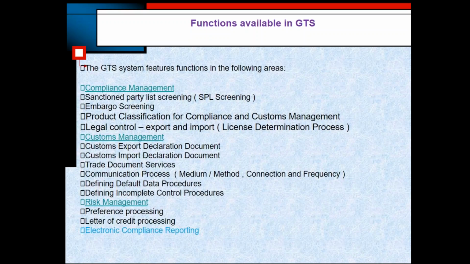It verifies whether the business partner country in the transaction matches a bad country or not. If it matches, what do you expect from the GTS system? It will block the document. So as part of embargo screening, first it will validate whether the business partner country is matching with